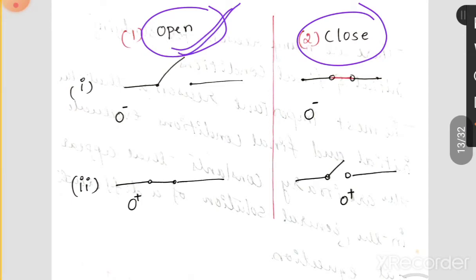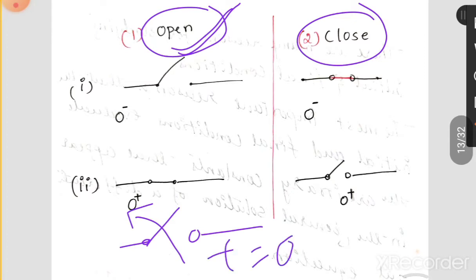Say the switch is opening at a time t equal to 0. Suppose this is a switch K and it is going to open at t equal to 0. Now when you say the switch is opening at t equal to 0, what was the earlier case? This is the symbol of opening; you are going to open the switch like this. So what do you mean by this? The earlier case is that it was closed.